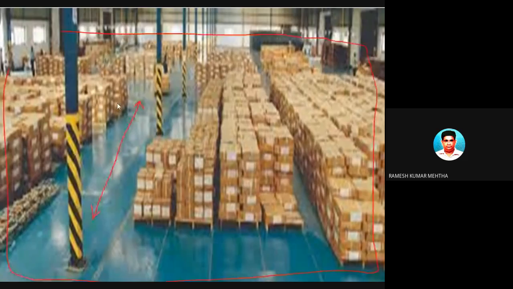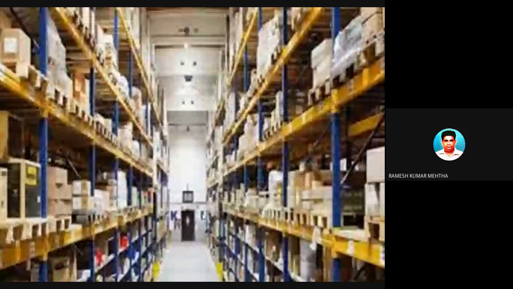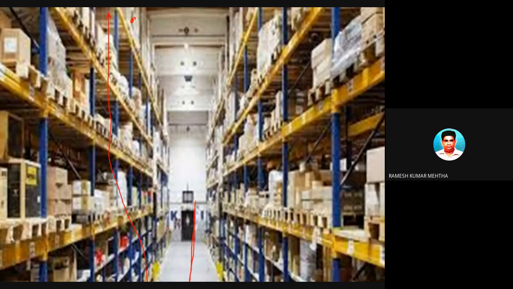So this is the material handling equipment. This is the way the goods are stored in the shelves, and on the floor also they are being stored. Just see this particular picture, how the goods have been stored at such a height. This is only possible by material handling equipment, and the material handling equipment can move from here to here, and there is a proper passage in between the two shelves, one and two.